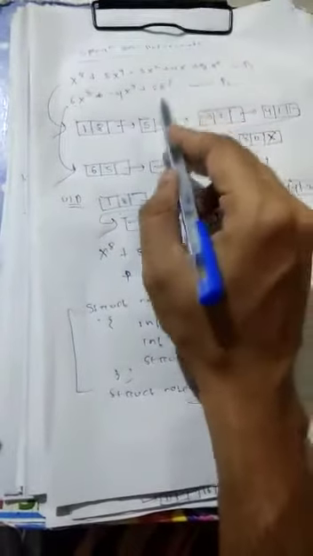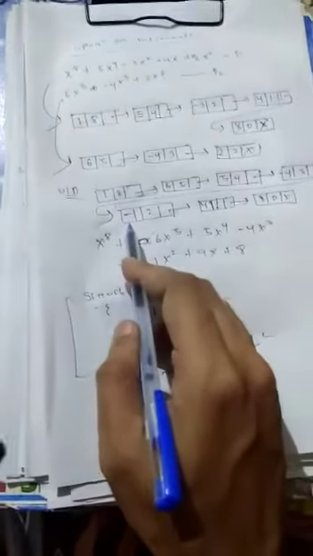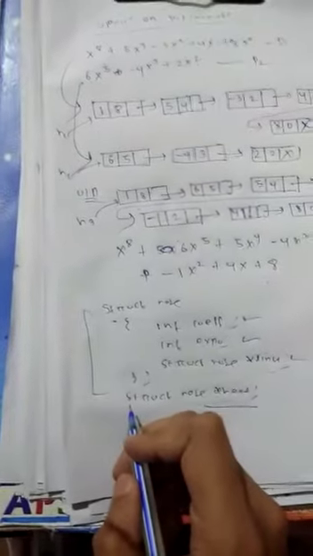Next, suppose two polynomials are there. For two polynomials, we take two heads, suppose head 1 and head 2. And for the resultant polynomial, suppose I take another head, head 3. Head 1 stores the first, head 2 stores the second, and head 3 will store the resultant polynomial. Then I am assigning what? Polynomial addition.